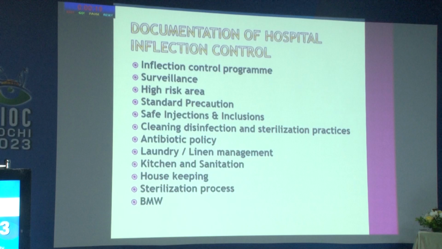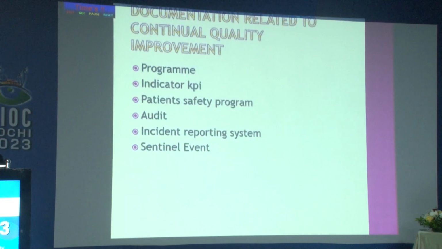Towards infection control, it's been probably covered well. Infection control program has to be there: surveillance, high risk areas, standard precautions, safe injection practices, cleaning, disinfection and sterilization process, antibiotic policy, laundry, kitchens, housekeeping, sterilization process, biomedical waste. And then related to the quality program: indicators, KPIs, patient safety program, audits, incident reporting, sentinel events,